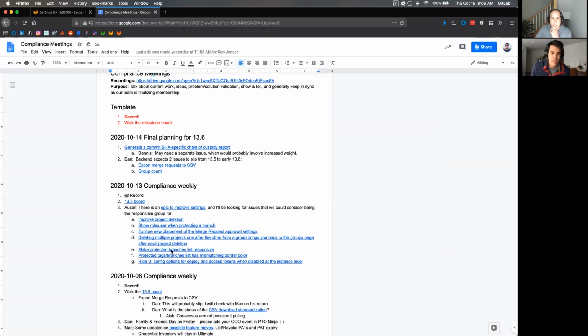So as an example, I know we're going to work with protected branches. So do we also want to just fix the table while we're there? I think there are some opportunities like that.